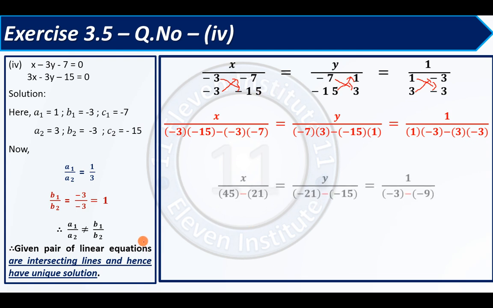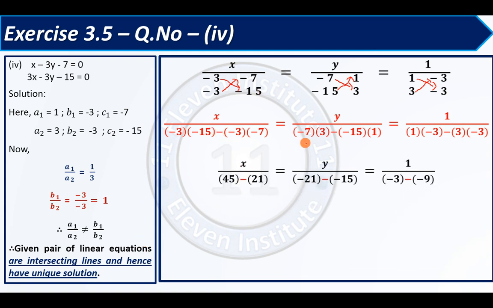Now again x, y and 1, the center minus is as it is. You are multiplying this minus 15 into minus 3, so minus minus plus, 15 3s are 45, but you will write in brackets. Again minus 3 into minus 7 plus 21, minus minus plus, but you will write it in brackets. Minus 7 into 3 plus minus minus, 7 3s are 21, minus 15 into 1 is minus 15, which you have written in bracket. I hope you understand the importance of bracket, right, in order to avoid any confusion. Again minus 3 into 1 is minus 3, and 3 into minus 3 is minus 9.